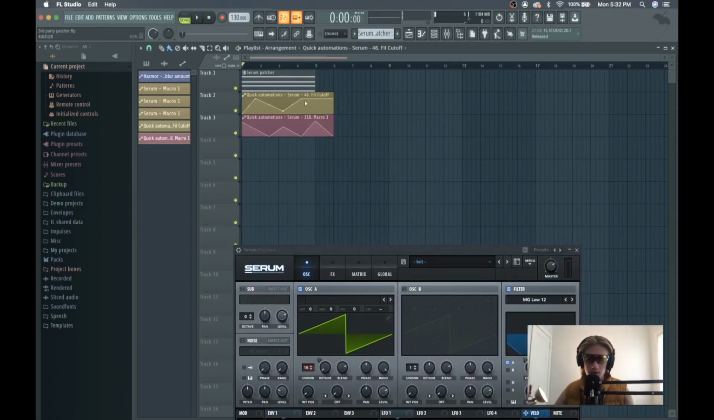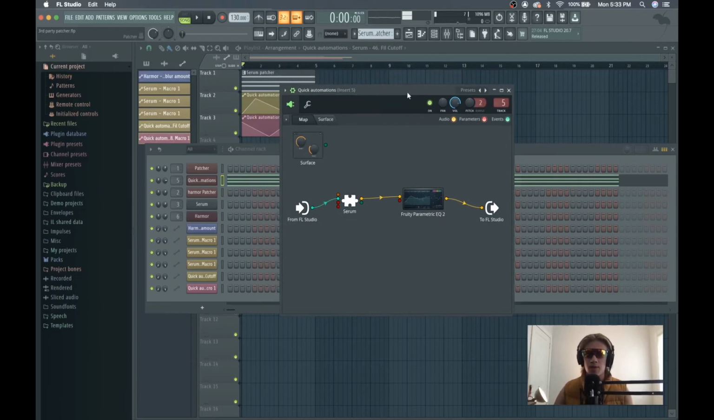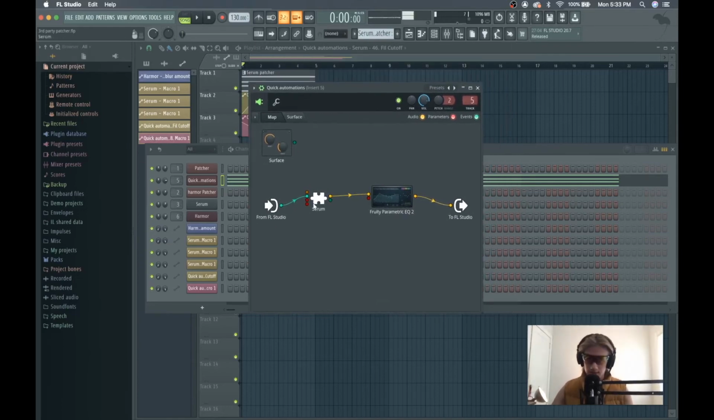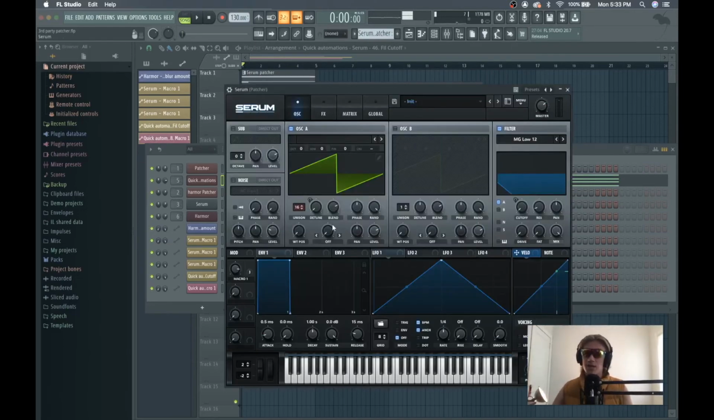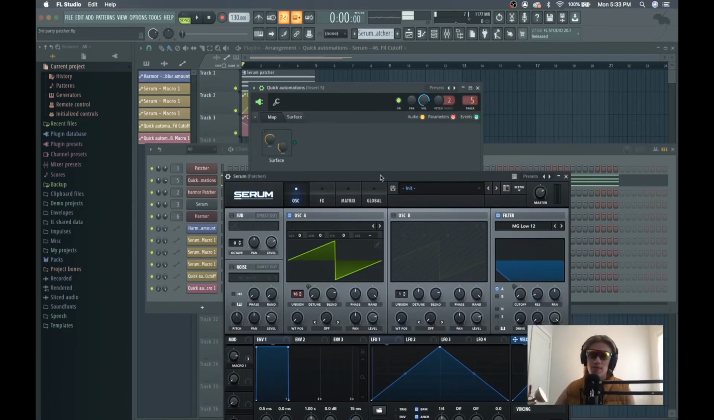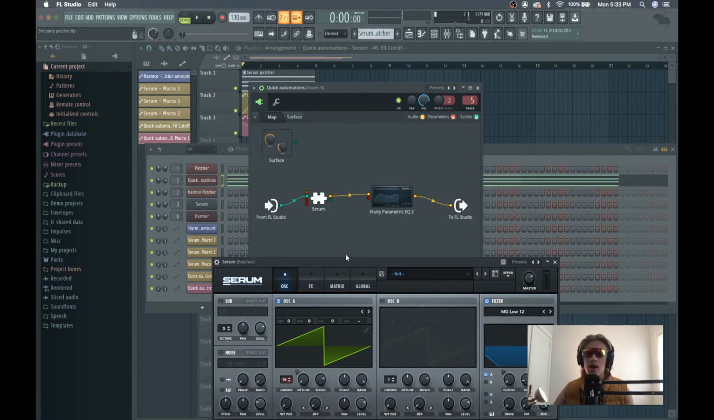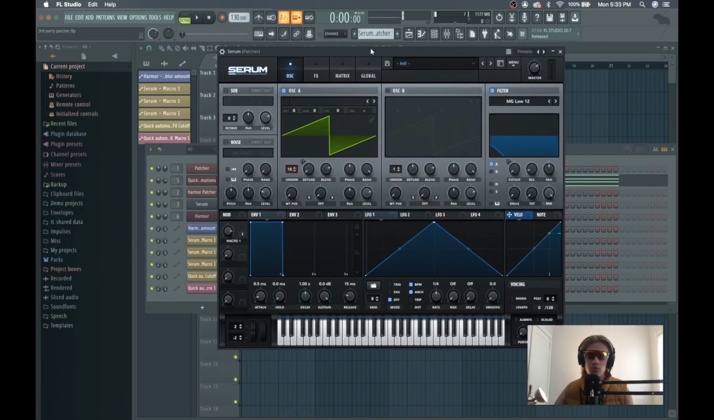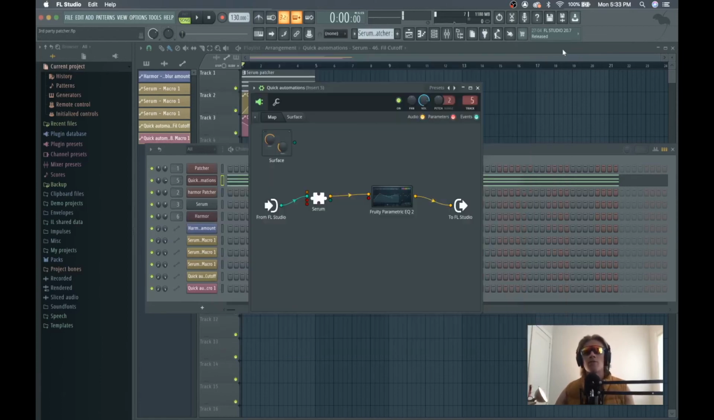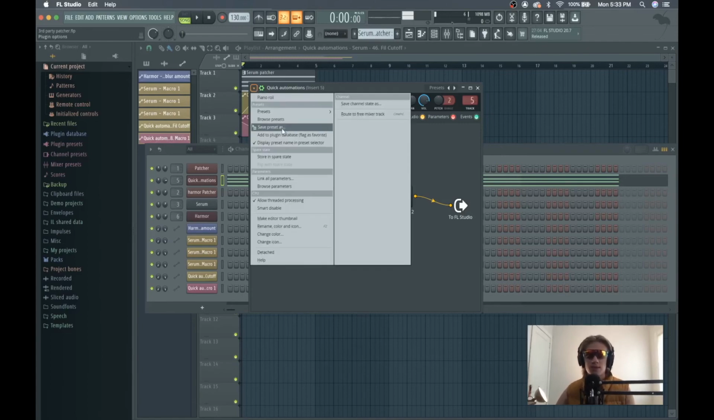Beautiful. All right. So the other awesome thing about this is, let's say every time I use Serum inside of Patcher, I anticipate that I'm going to be automating my macro and my filter cutoff. If I don't want to have to go into the inputs and enable those every single time I open up Patcher and Serum, I can simply save this as a preset